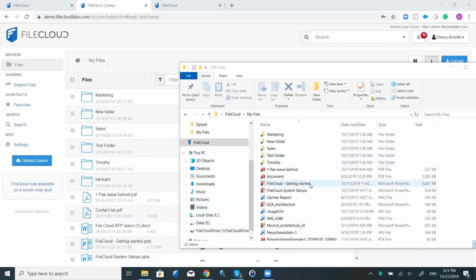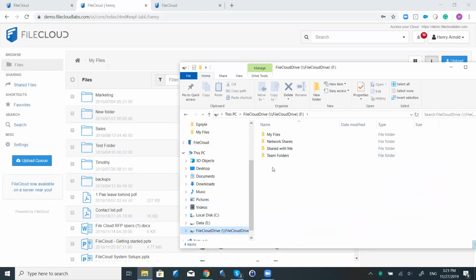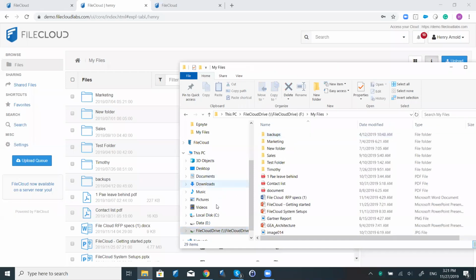So that's where for working offline, maybe for large files. But let's say you don't want to work offline and want to have everything consistently synced up and down. Another possibility is our drive application. The FileCloud drive, as you can see here, is mounted through the internet and allows you to